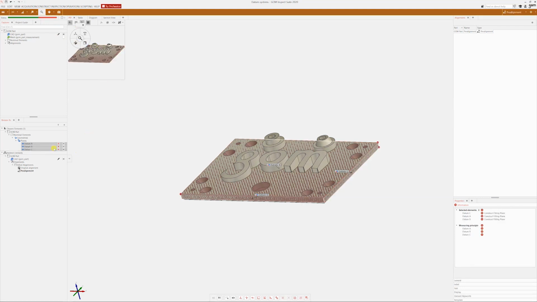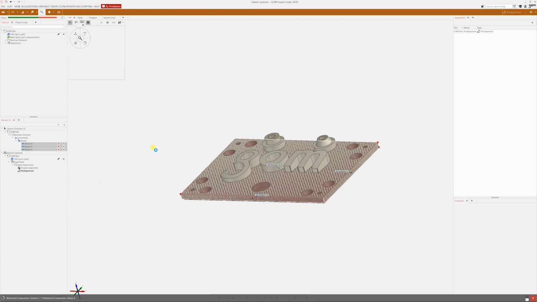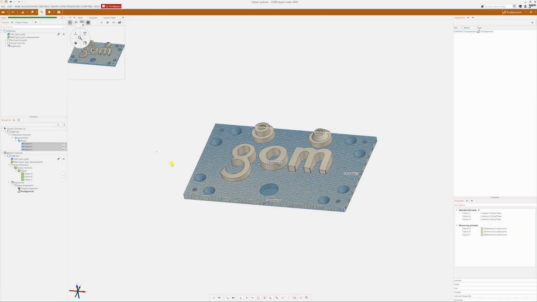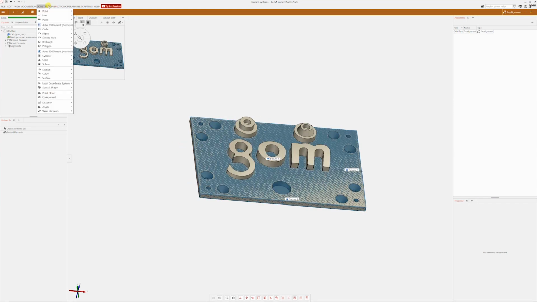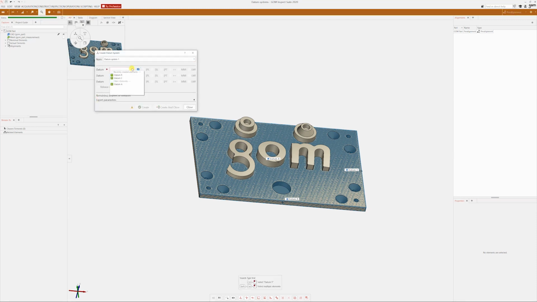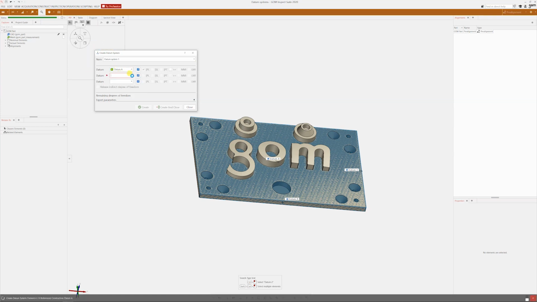Now that we have all 3 of them, let's make it reference construction for all of them. It takes a little time for the program to evaluate them. Okay, and now we can go and make a local datum system. Let's put datum A on the primary datum,